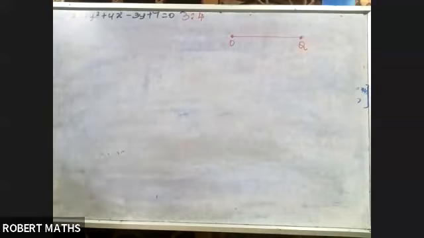If Q is a point on the locus of x square plus y square plus 4x minus 3y plus 7 equal to 0, then find the equation of the locus of P which divides segment OQ externally in the ratio 3:4. So this is nothing but,